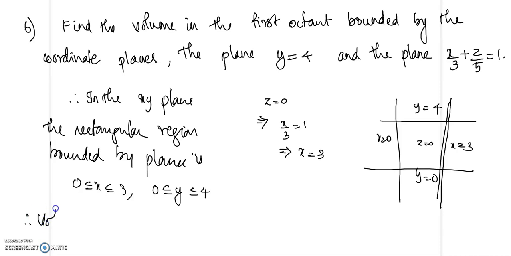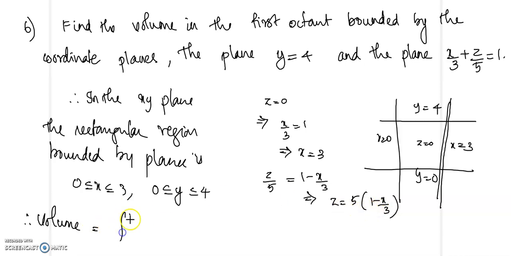So the volume will be given by: from here we have z by 5 equal to 1 minus x by 3, which implies z will be equal to 5 into 1 minus x by 3. So this is going to be your f of xy. That is the double integral of z dA over the region R. Substituting the value of z, that is 5 into 1 minus x by 3. So volume will be the double integral